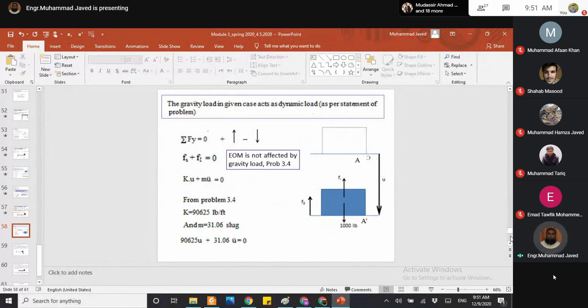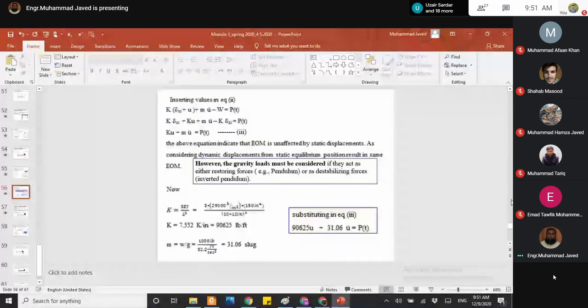इससे पिछले the problem that we solved before this, we discussed that gravity has no effect on equation of motion. So again the equation of motion will not incorporate the gravity load, and it will be mu double dot plus ku is equal to 0. And you will get the same equation